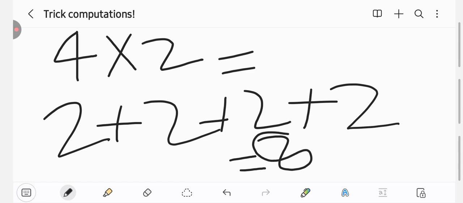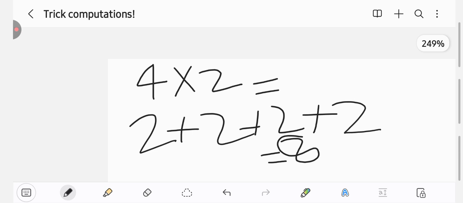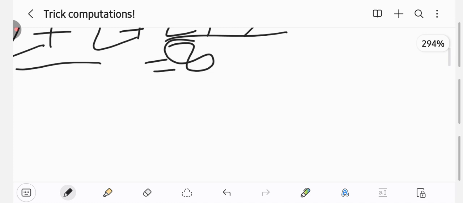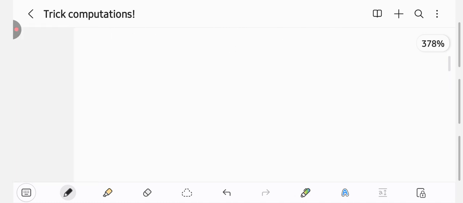Nice. 8. Look, same as 8. 2 plus 2 is 4, 2 plus 2 is 4, 4 plus 4 is 8. Very simple computation. But when you have